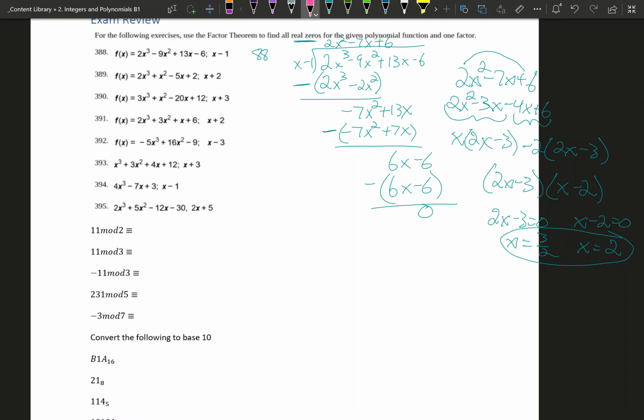We will deal with the quadratic formula and finding other zeros later. And there are others that you will end up with, like x squared plus 4, which is going to give you no other real zeros. We will deal with that in our complex and polar unit. I just want to go over, before we move on to our modular arithmetic problems, take a look at what's happening with